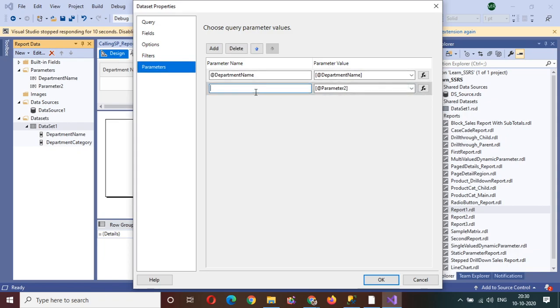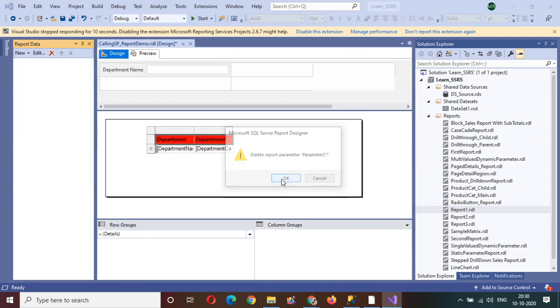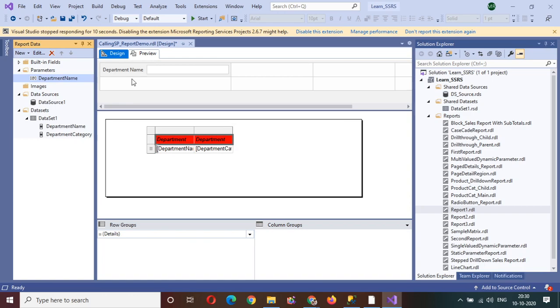We do not want these, so we can delete them. Select the second one and delete it. Click on OK. We want only one parameter, so you can get rid of the extra, and we have only one parameter name. This way you can pass the parameter in the stored procedure.